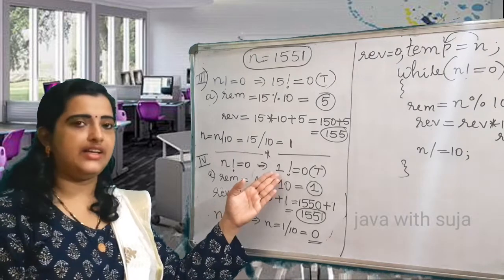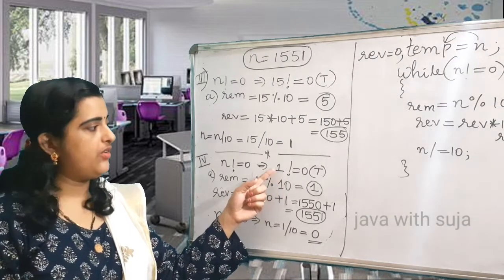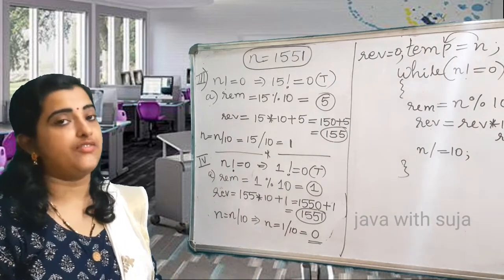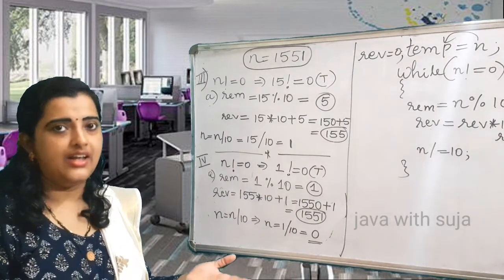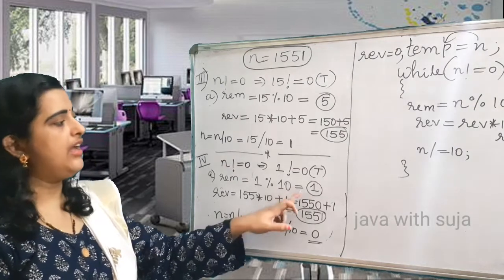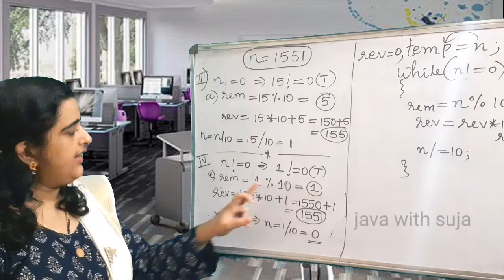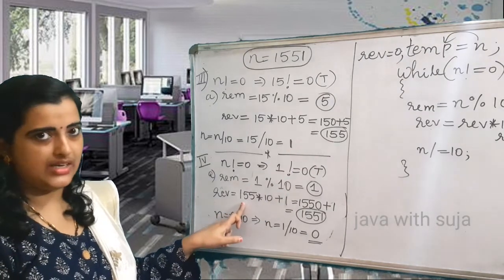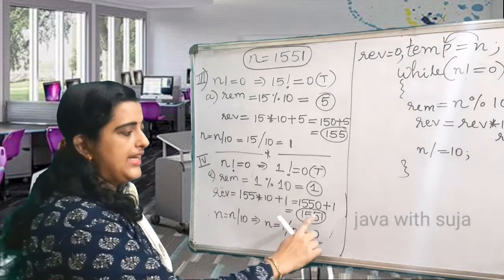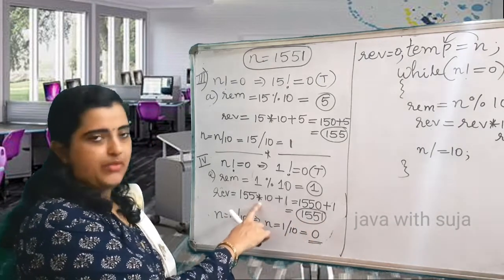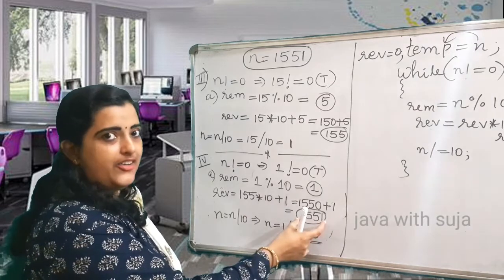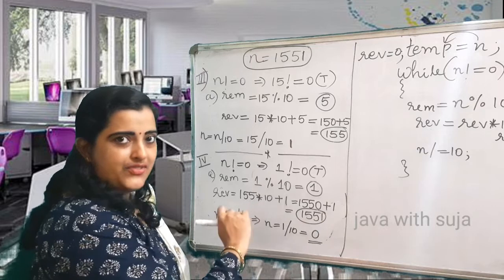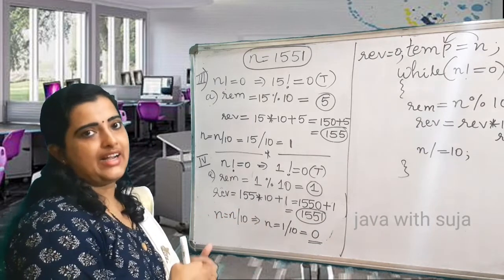Just pay attention here. A single digit is there. This single digit modulus 10 will return that digit itself, which means if you take 9 modulus 10, it is 9 itself. As a result we got 1 here, the reminder is 1, and the previous value of the variable rev is 155. So place values are properly arranged with the help of the multiplication operator, and the current value in the variable rev is 1551. So we got our input back after reversing.